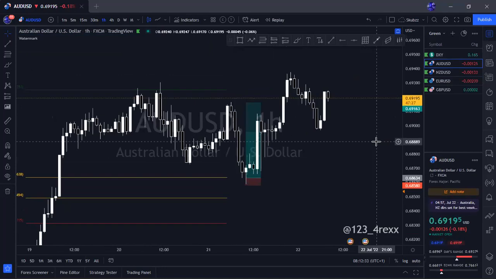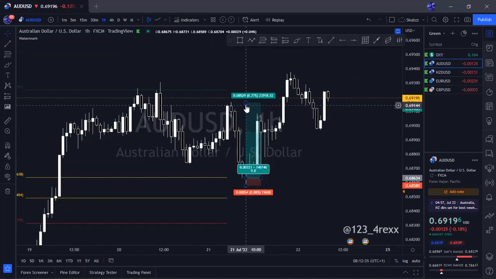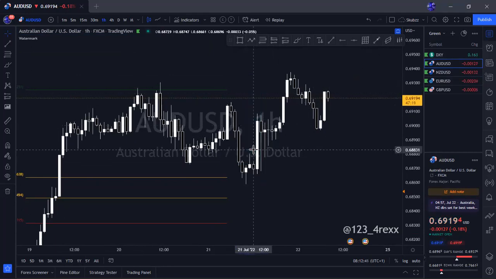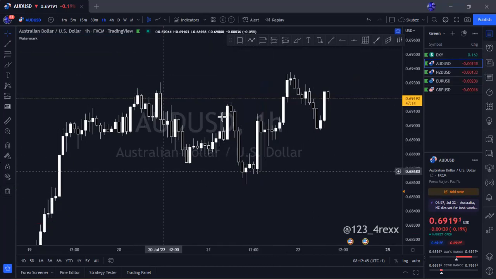Okay, let's flow with the market basically. Well, this would have been a very nice RR trade, 12. Okay, let's stop crying about this thing. So